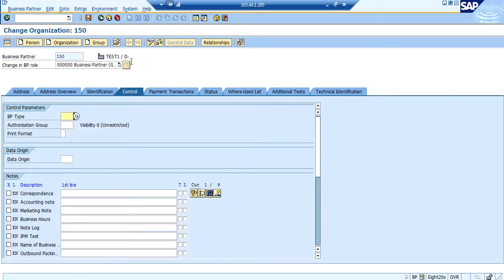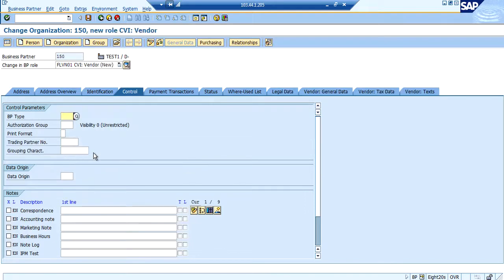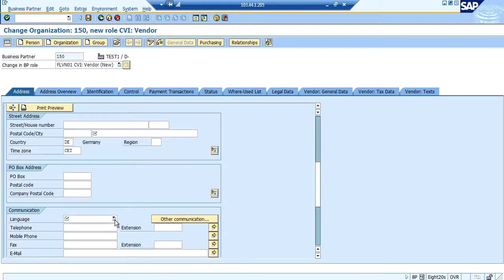Now go to change mode and give FLVN01. In this there will be a few mandatory details. One of them is language and the postal address.